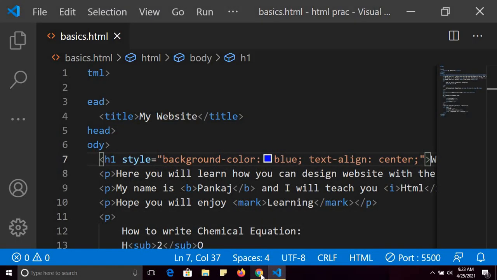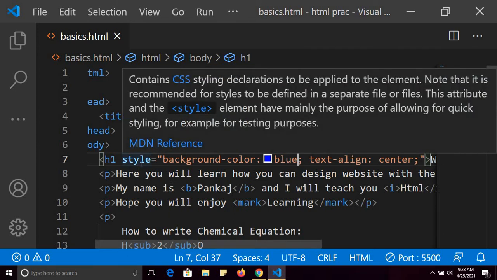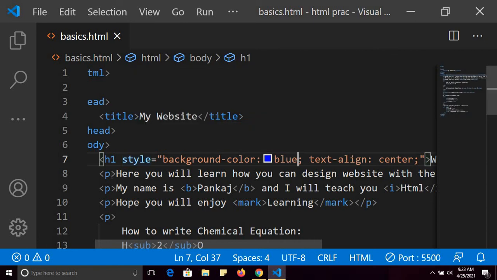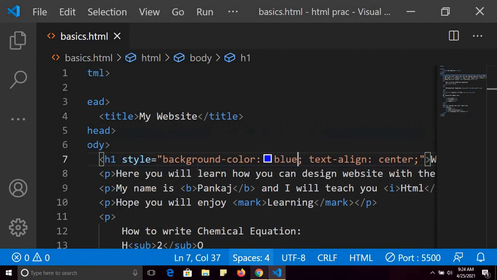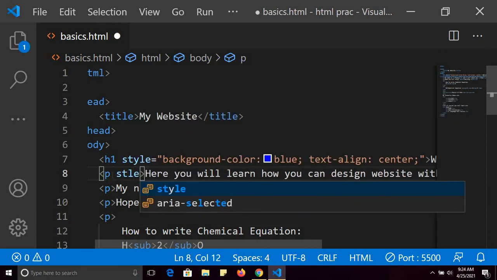Fine. So this is the style property of a tag. Similarly, if I want to give some style to this line also, you can just use this property style, and you have to use paragraph and then style.